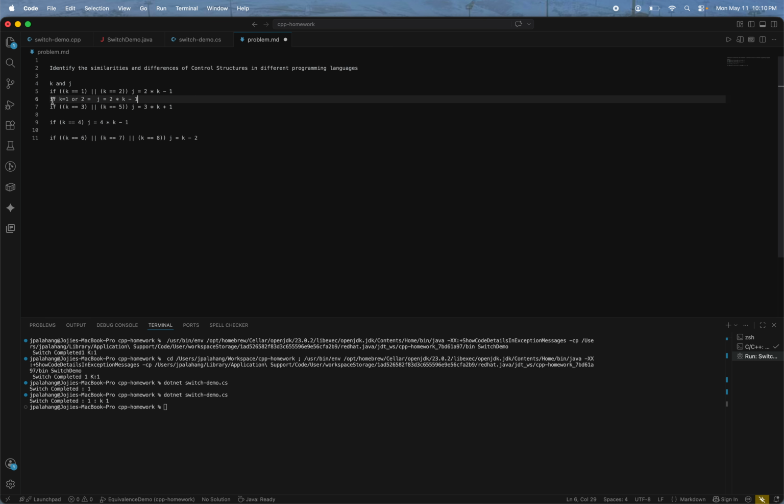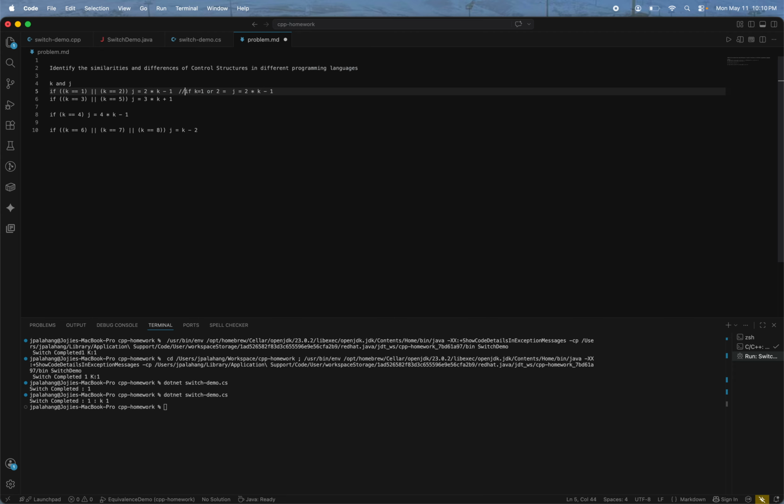At the same time, if k is 3, if k, I don't know how I could define this. For everyone coming from a programming or software engineering background, it will be a lot easier. If the k variable is equal to 1 or equal to 2,